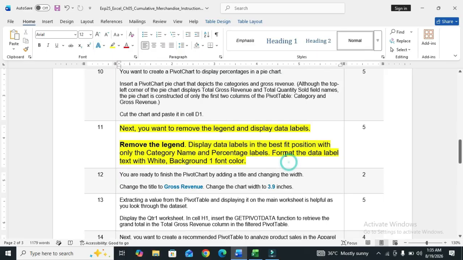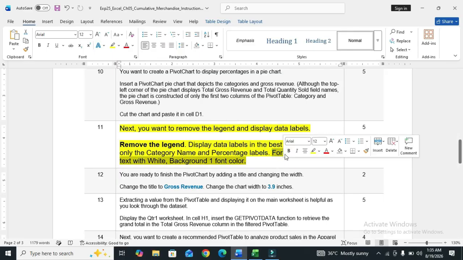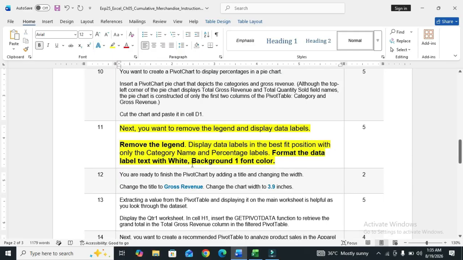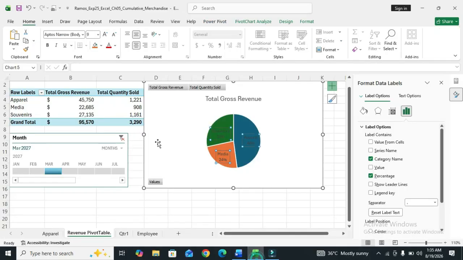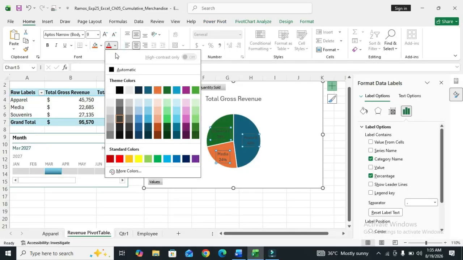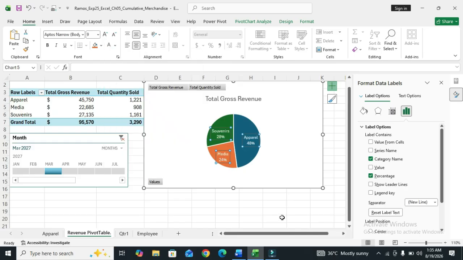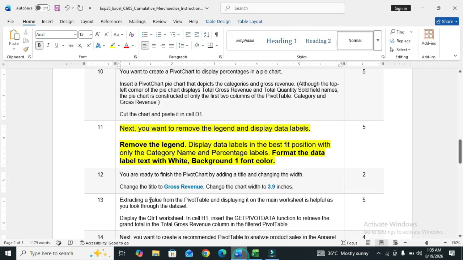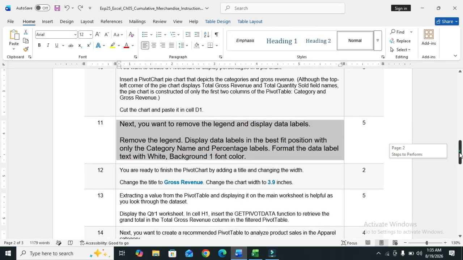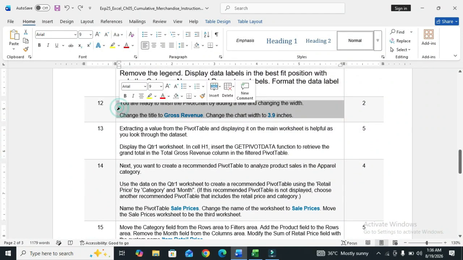The next step is format the data label text with white background 1 font color. So go to the font color and click on white background 1. So the color changes. So step number 11 is also done. So move to step number 12. Increase the size of step number 12